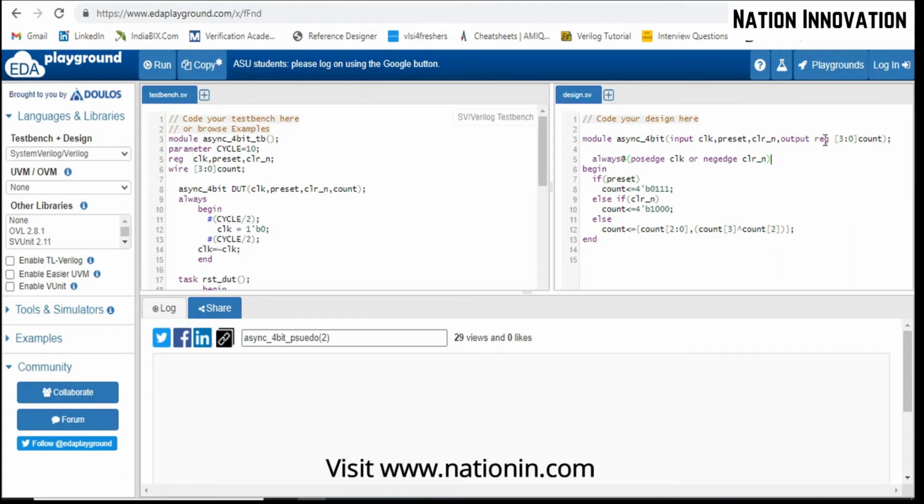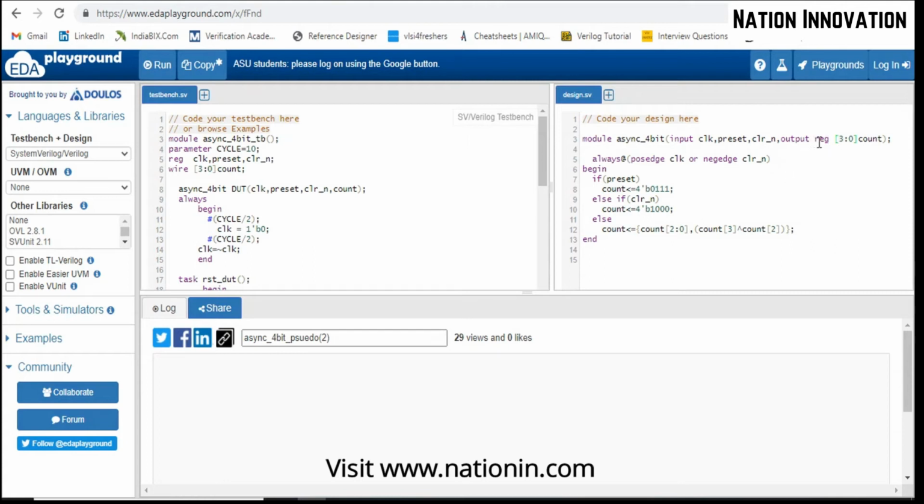So can we even write an input reg? No, we cannot write input reg. I think you are not aware of the basics, because when we are connecting any circuit, this is a kind of digital circuit, we are connecting it with the external world, with a different circuit. So we cannot take the input as a reg type, and we are taking the reg here because for output we want a 4-bit register. So we want a 4-bit register by using this reg keyword.